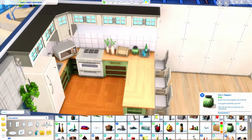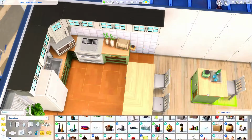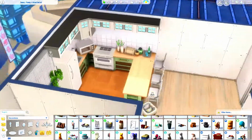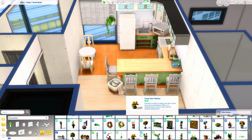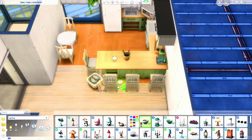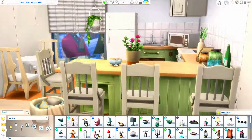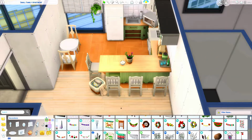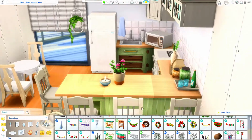I'm quite proud of this one, I must admit, and I thought I'd give myself a little bit more of a challenge because this is one of the smaller apartment buildings in San Myshuno, and so I thought it'd be a bit more of a challenge to actually try and fit 2 bedrooms, 1 bathroom and a decent sized kitchen, dining, living space. And so you'll see I've already done the floor plan simply because floor plans take me so